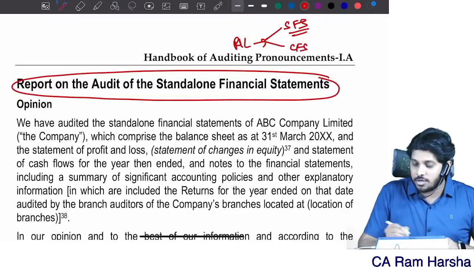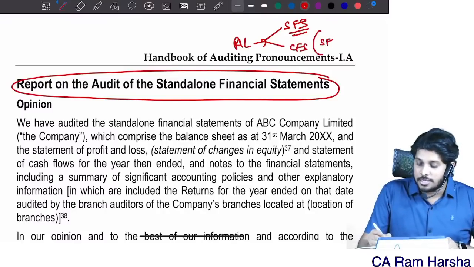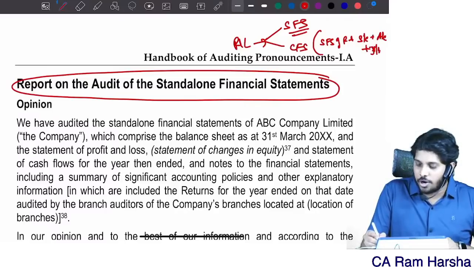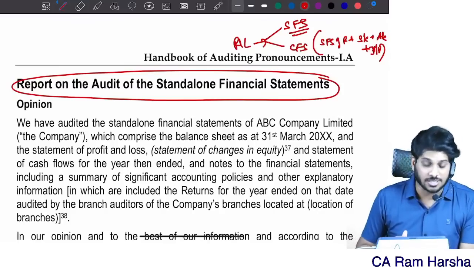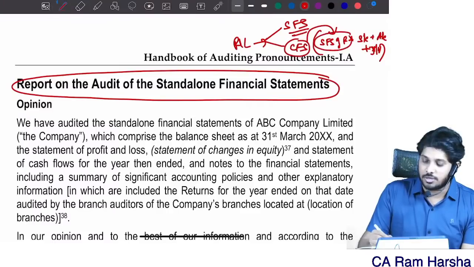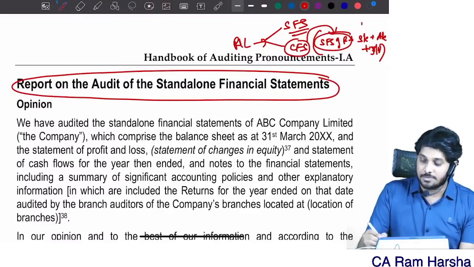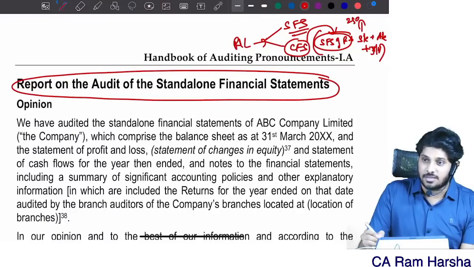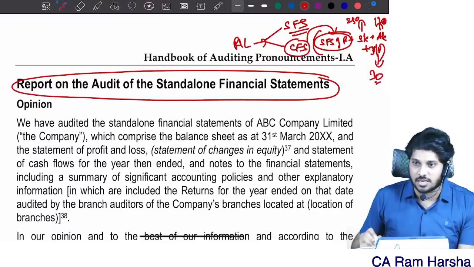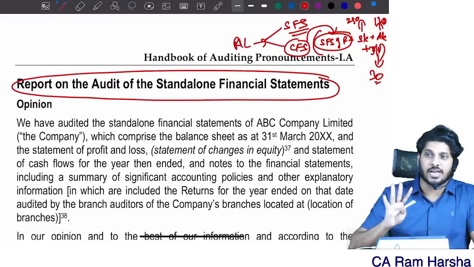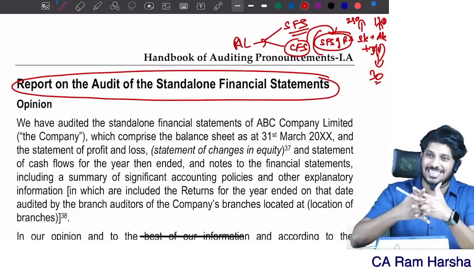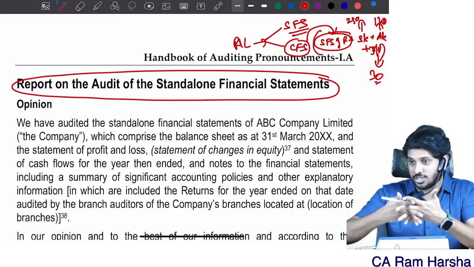Reliance also prepares consolidated financials. This includes standalone financials of Reliance plus subsidiary companies plus associate companies plus joint ventures, all put together and consolidated as a group. You know, Reliance consolidated financials include Reliance's own financials plus 290 subsidiary companies, approximately 140 associate companies, and 30 joint ventures, close to approximately 400 companies. Balance sheets and P&Ls were consolidated and presented as a single financial statement, the consolidated financial statements of Reliance.